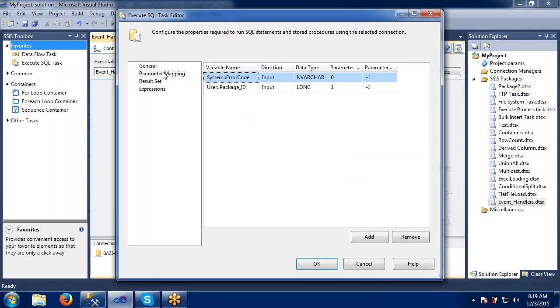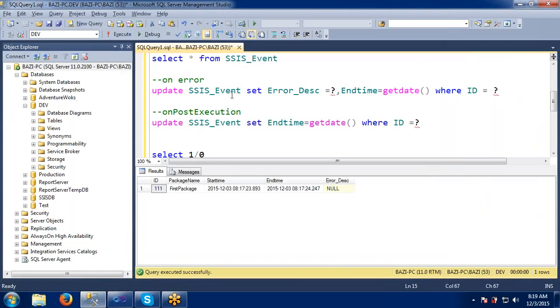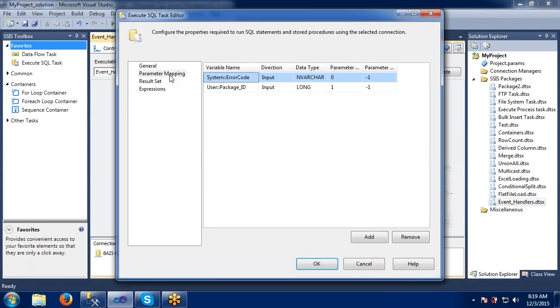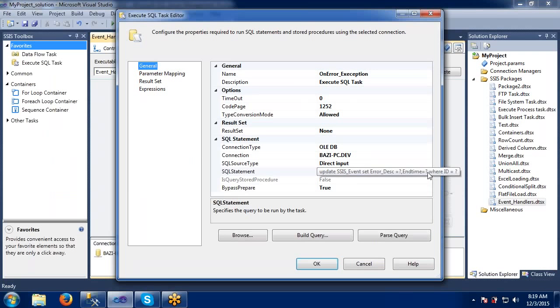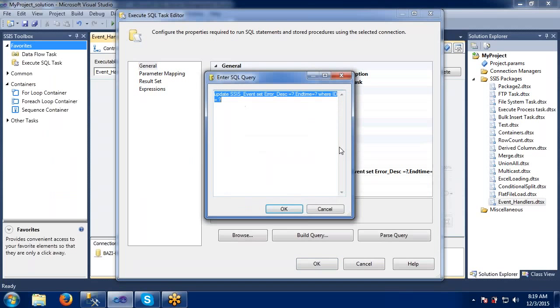Okay. So actually what we need to do is, on error, end time should be equal to get date, right? That I haven't given. Let me copy this one. Go to general, and it should be like this actually.